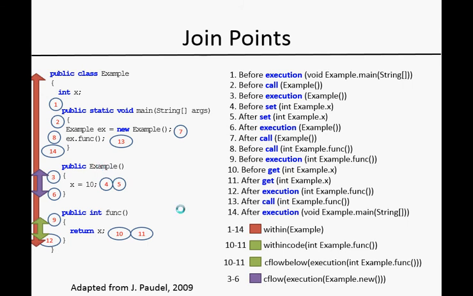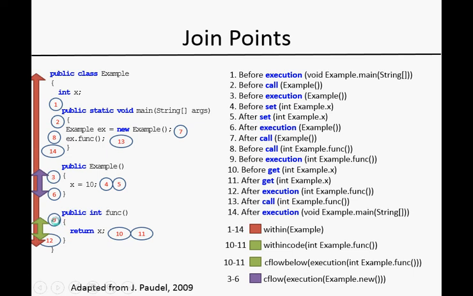So before the set is actually performed to this instance variable, and after it's performed, and then returning here, and then just after this call to this constructor, just before the call to this method on this instance, and then